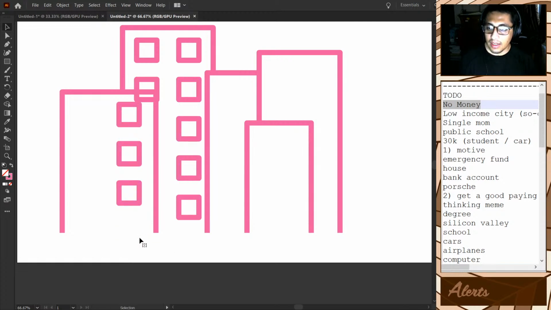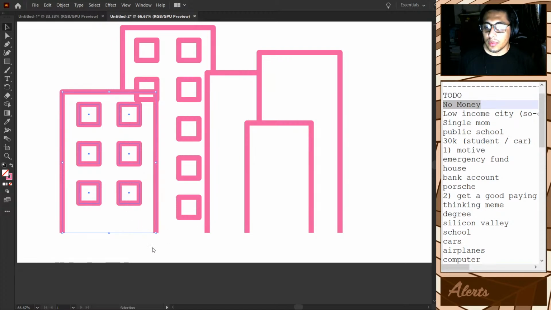Now this was too high, and because this is more of a cartoonish animation and not necessarily super realistic, don't worry too much about how the doors fit or stuff like that. So it's a lot easier. You can group quick, also click on the building, lining them up, perfectly aligned.